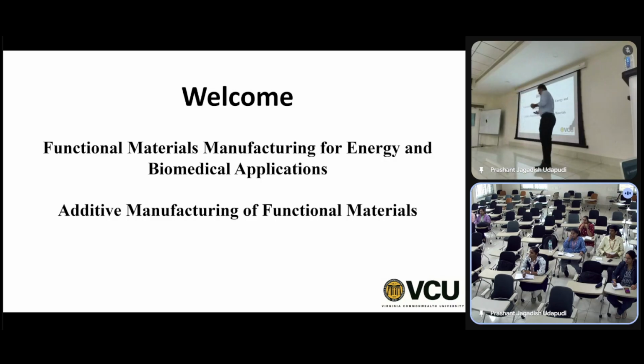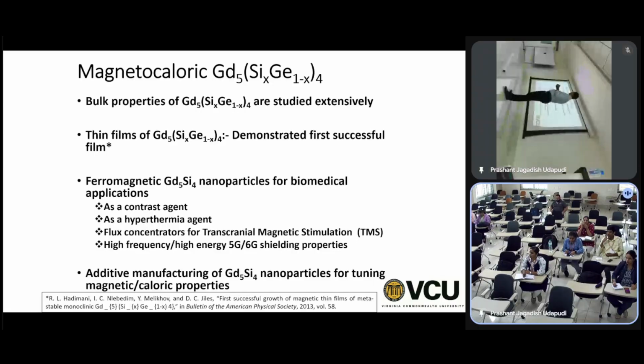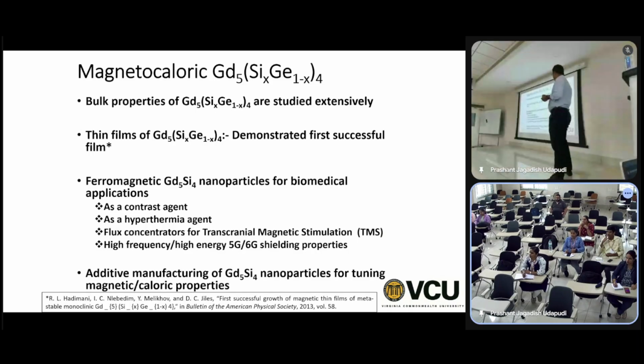But then when you print them, can you retain those properties? Now you have to optimize the parameters within the additive manufacturing process, right? But for functional materials, you have additional ways you can control the properties, right? And I specifically talked about this magnetocaloric material that